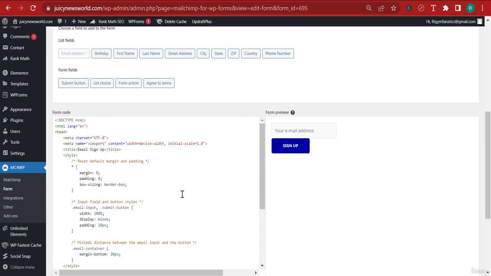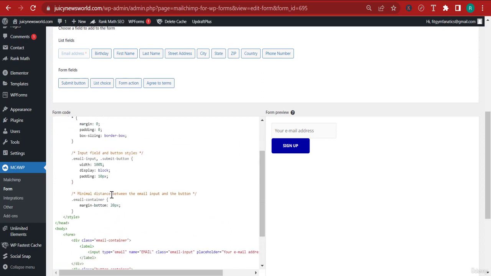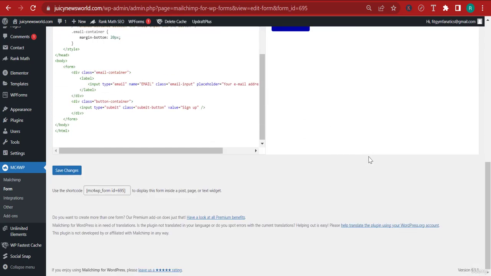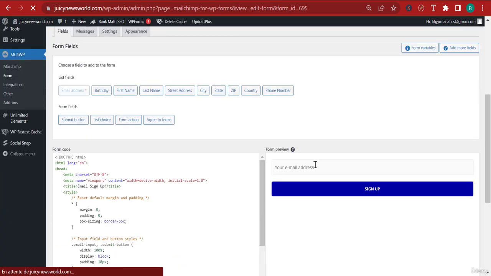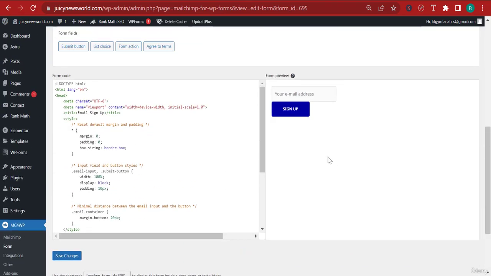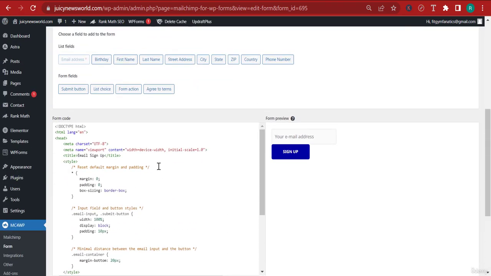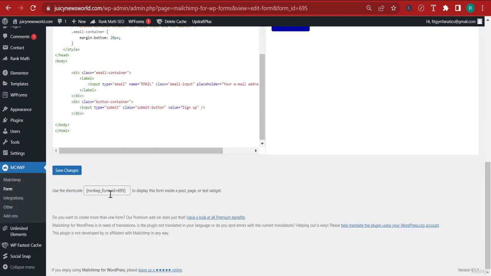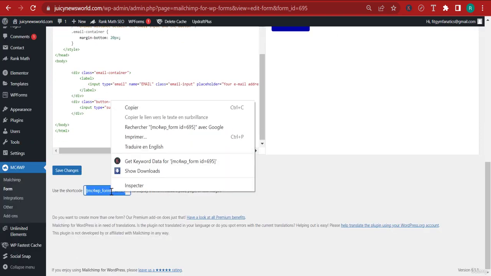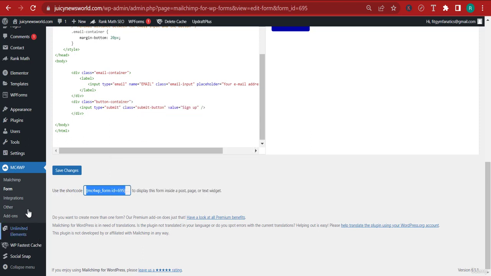Okay. Now, let me go ahead over here. In fact, let me just save changes. We don't want to stay all day here. Right, and I believe it will just work just fine when we add it over there. So here, I have the short code. I can copy it. And let me go to